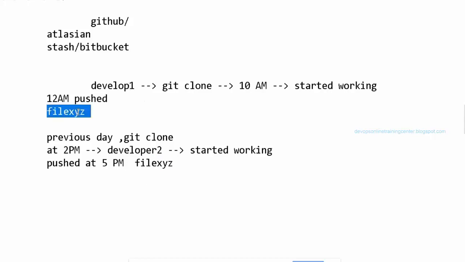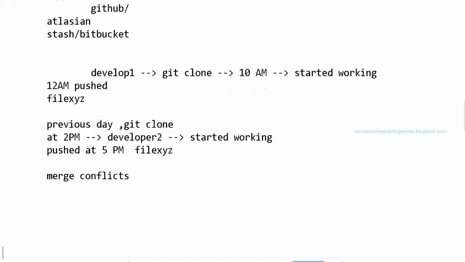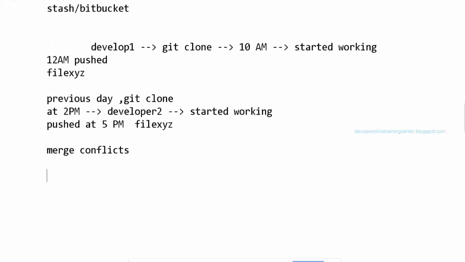The content you have and the content available on GitHub are different, so I cannot merge. There are merge conflicts, and you have to take care of them manually before merging to GitHub.